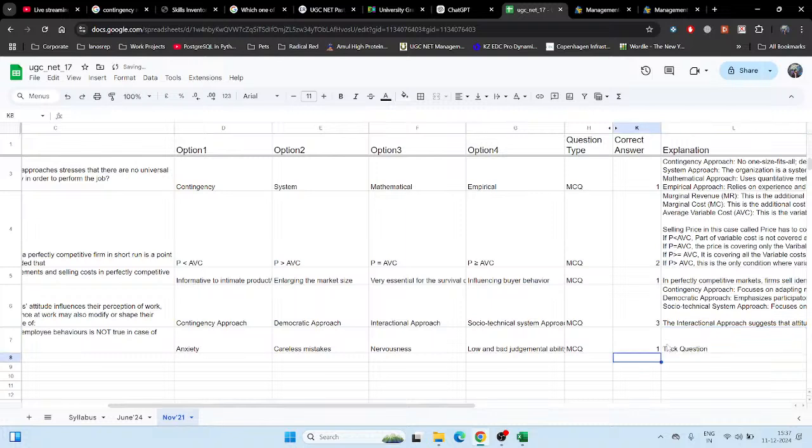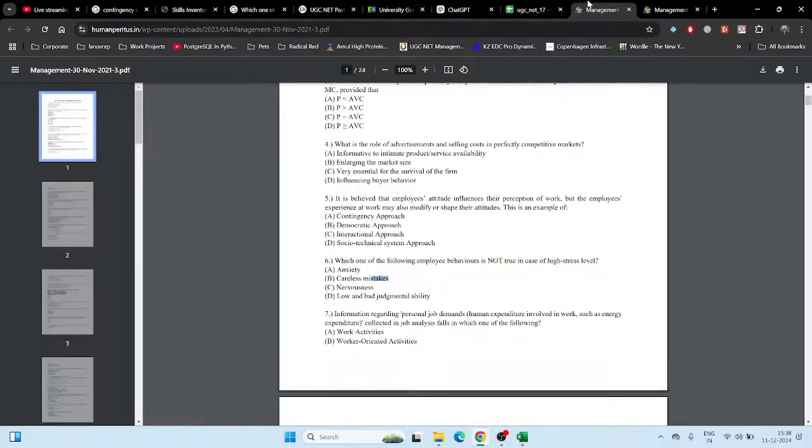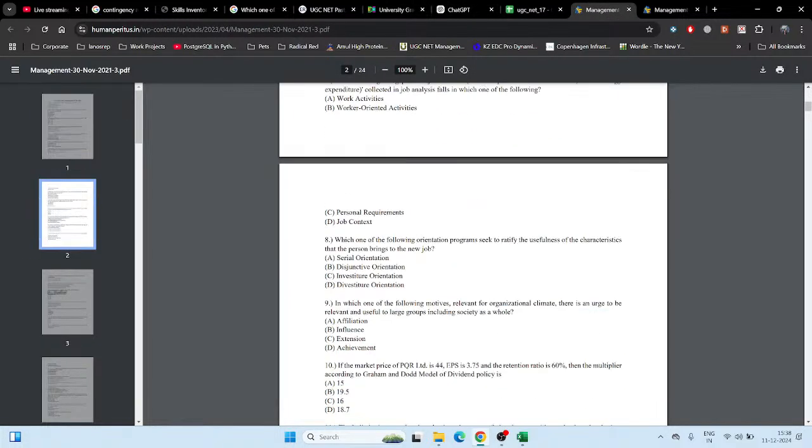See, if we want to pass, we need to get a minimum bar of 60% of the questions right. Out of the 100, we need 60 right. Even if you let go 5 trick questions or 10 trick questions, that's fine, if we get more than the majority right. So next.